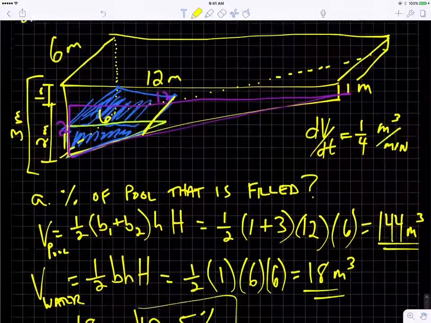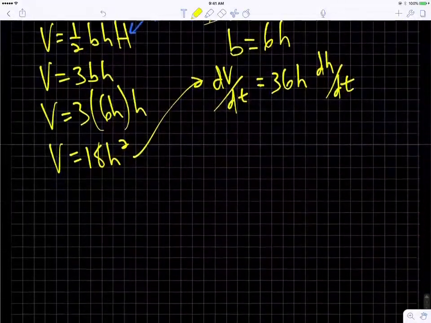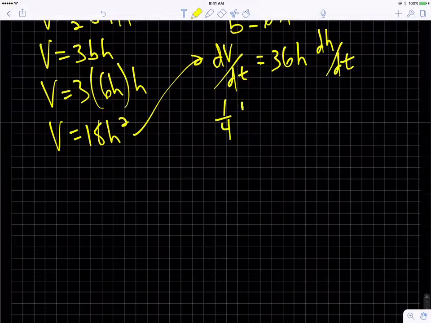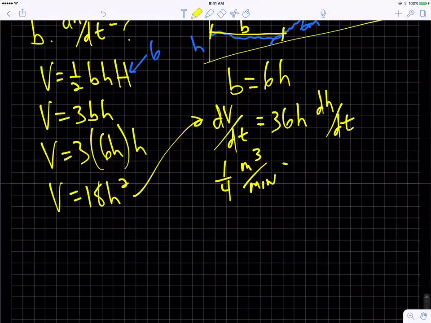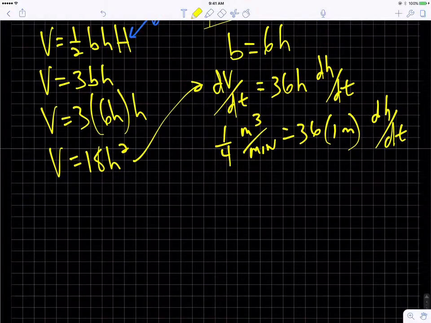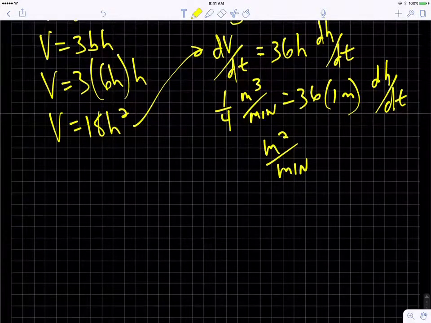I know the rate at which the water is being pumped into the pool. That's 1/4 cubic meters per minute, I believe it was. Yep. Equals 36. They said when the height of the water is 1 meter deep, find dH/dt. So I'm going to divide by 36 meters, so I'll end up with meters squared per minute. So then I have dH/dt. When I divide by my 36, I get